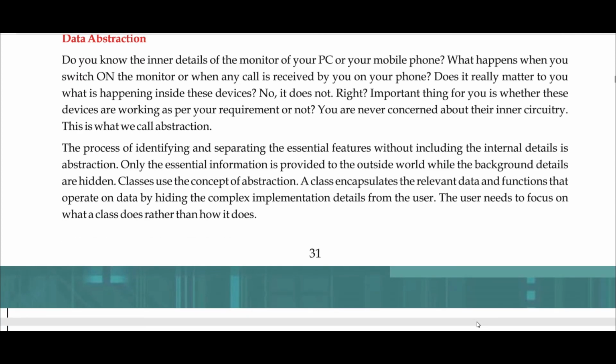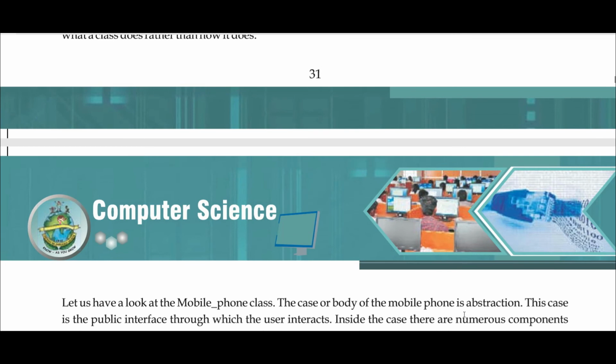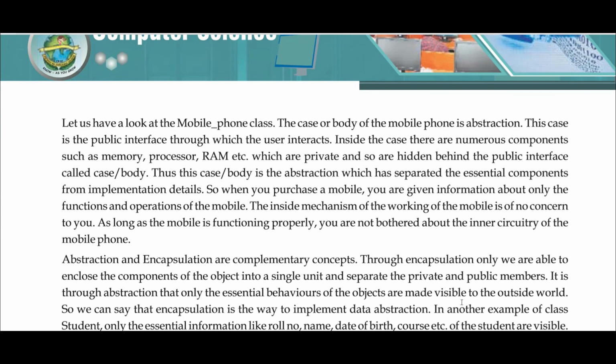I hope the theoretical part of this is quite clear to you. If it is still not clear, please write to me in the comment section. I will surely get back to you on that. I hope it was quite explanatory, but if it is not, just rewind the entire lecture and listen to the theory. Later on, in the next chapter, we will deal with the programs.